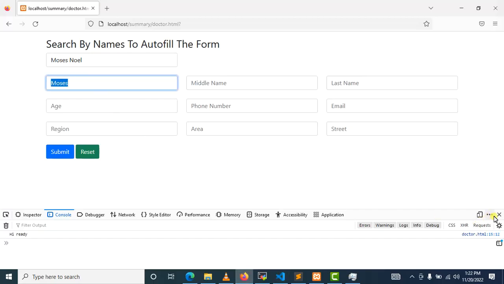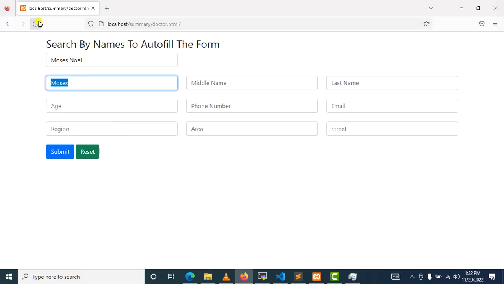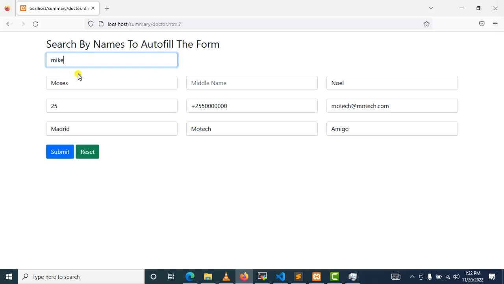So when I come here, let us cross this. Let us refresh. Let us reset the form. Perfect. So here, if I say Jordan, you can see there is Mike Jordan. I can reset the form. Perfect. Noel. There is Moses Noel. Mike. There is Mike Jordan. So perfect. This actually sums up the end of today's session on how you can autofill the form by using JavaScript